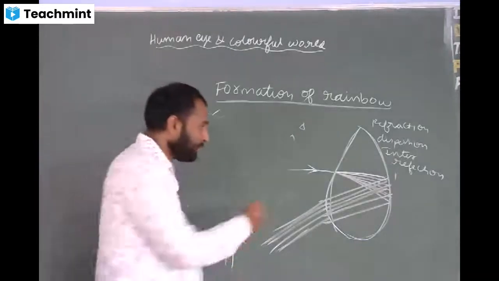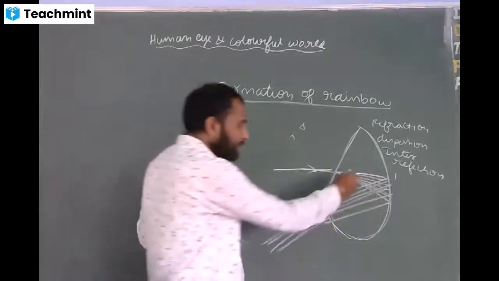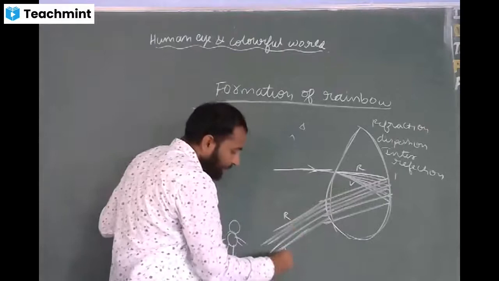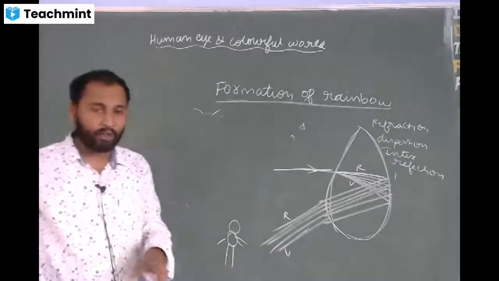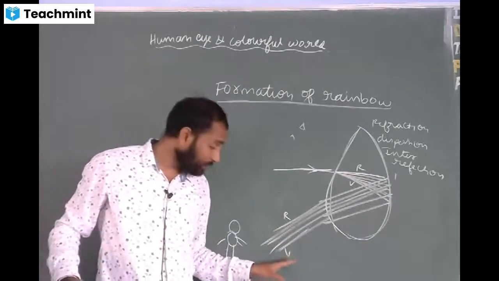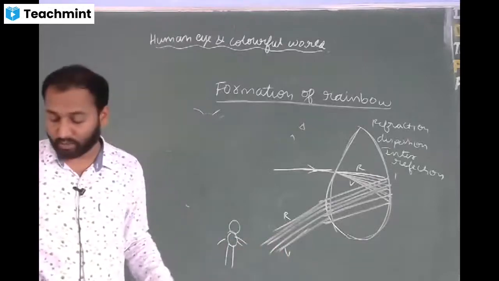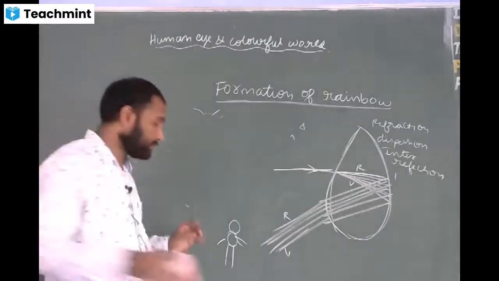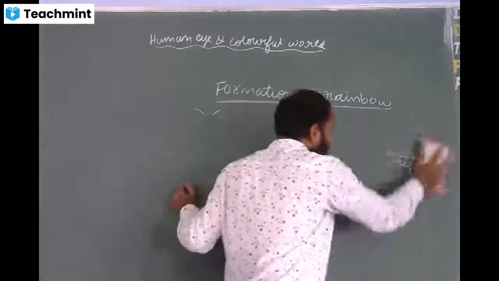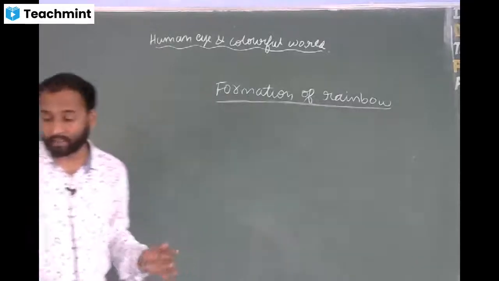Here, see, when light enters here, what will be the first color? It is red. And the last color is violet. Here also it is red, here it is violet. If you see a rainbow, the topmost color will be red and the bottom color will be violet. You know the reason, due to their wavelengths as well as speed, refractive index and deviation. But the main thing is wavelength.